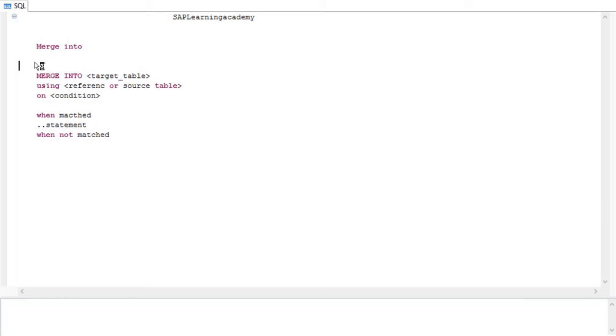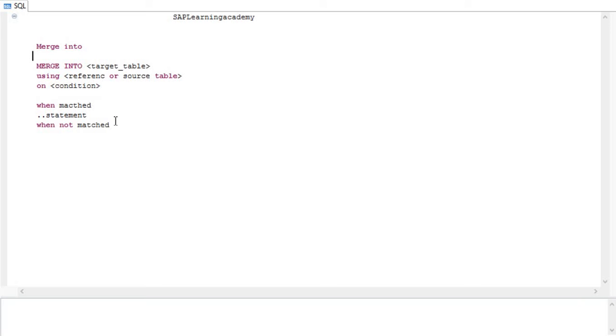I'll be creating two tables, T1 and T2, and in that I will be using this function. Okay, so let me create the tables first. Suppose I'm creating table T1, and here I'm having values A and B, and both are integer type.